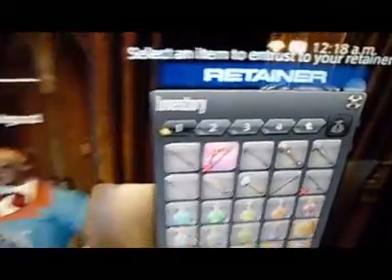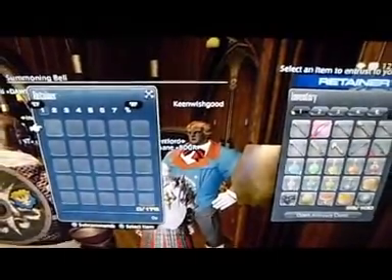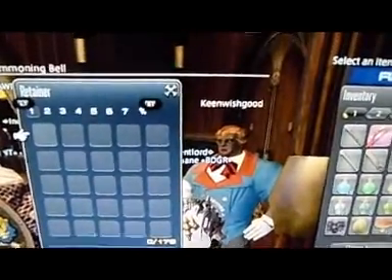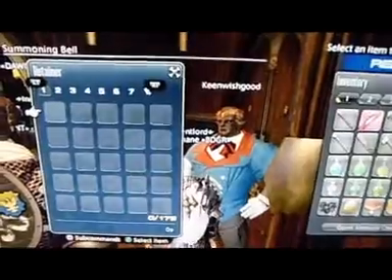And then that's a retainer, and that's your inventory. And you can switch back and forth. Your retainer has an inventory sheet so that you don't have to stay at 100 items in your inventory. And that I didn't know. Yeah. And that comes from the summoning bell. Amazing. Yeah. Just amazing. Let's see if I can get closer to the retainer inventory here. And that means